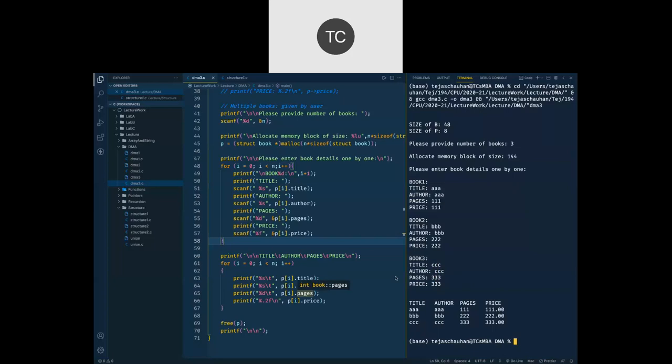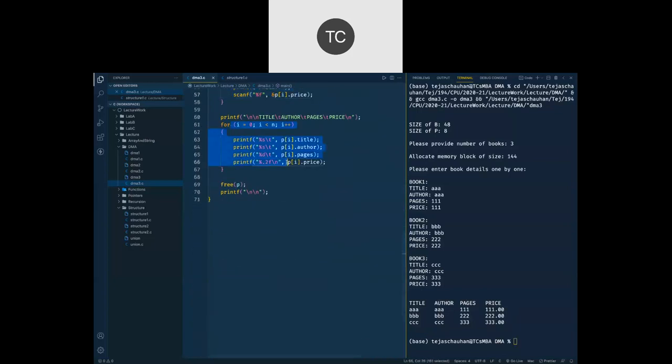So now I've given total 3 books, and later point of time I display those books in a tabular format here. And as you can see, it prints all your data properly. There is no problem there. So it stores those book details, it prints those book details, and once you are done, you free that memory. Those 144 bytes you have made free here. Okay.